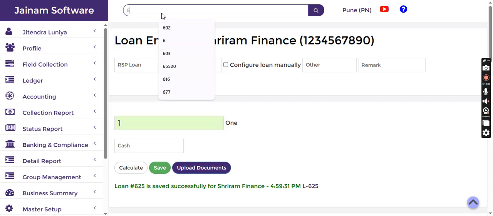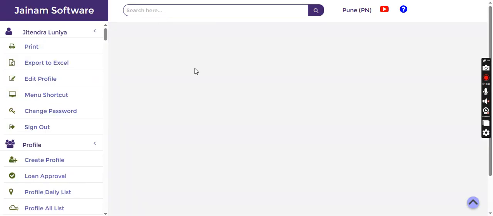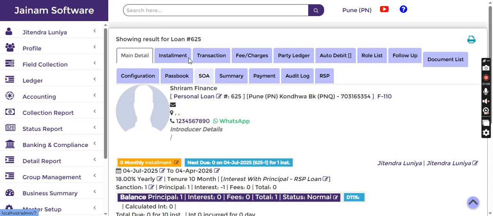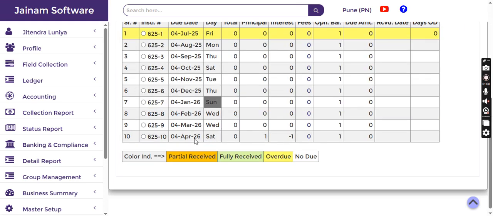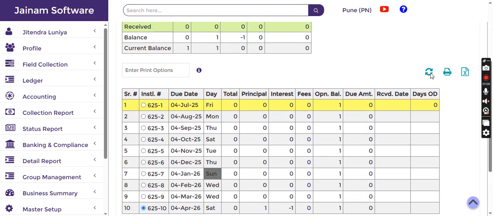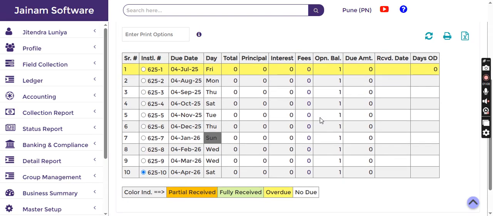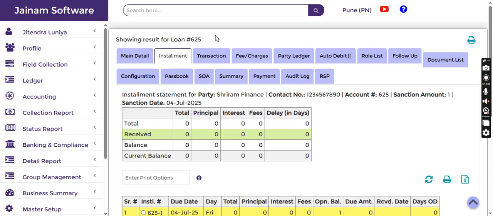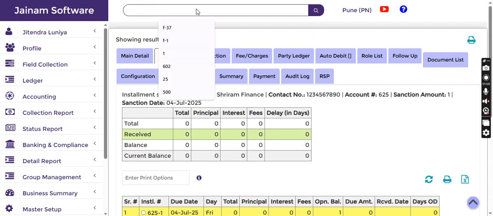Let's go to loan 625 and modify the installment. Probably after some time we can come up with some sort of solution for this, but for now this is how it can be done. So this is the installment created with this option. All right, so now what we are going to do is search loan 624